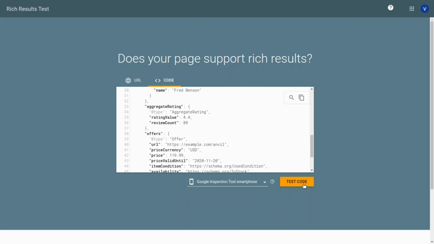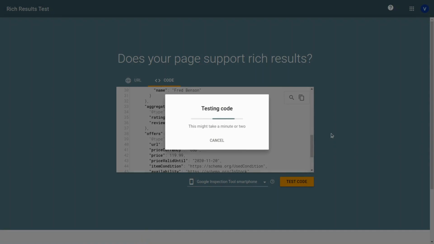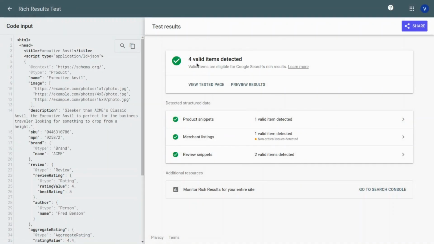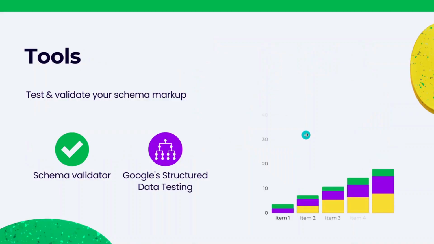Here I will go with the smartphone. Let's test it and wait a while. As you can see here, there are 4 valid items detected by the crawler: product snippets, merchant listings and review snippets. This will help the crawler understand your content's data more accurately.